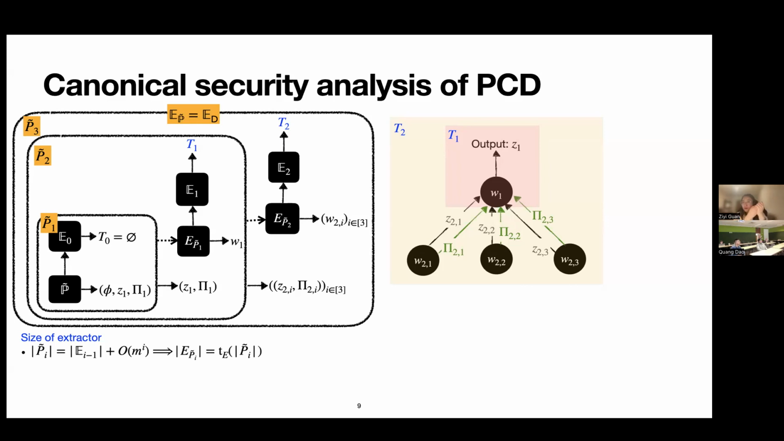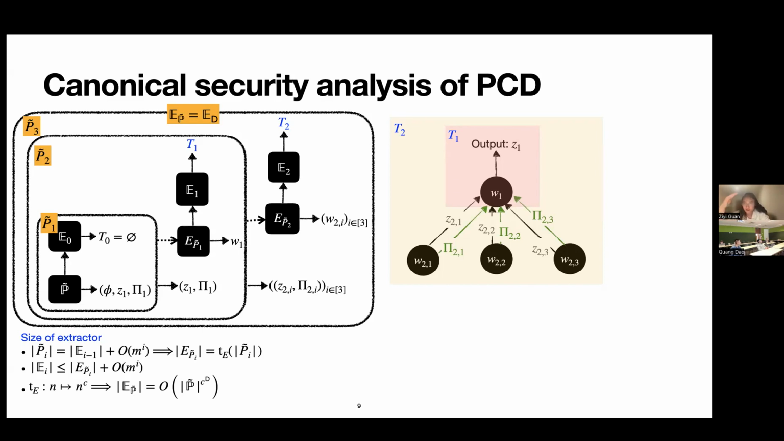And we know by definition that the corresponding argument extractor for this PI has size TE of size of PI. And this means that my PCD extractor EI is upper bounded by the size of the argument extractor for PI plus some bookkeeping step again. And say if this function TE, which is the function that determines the size of the extractor for a specific argument prover, takes some number n and has a polynomial blow up to n to the c, then after the